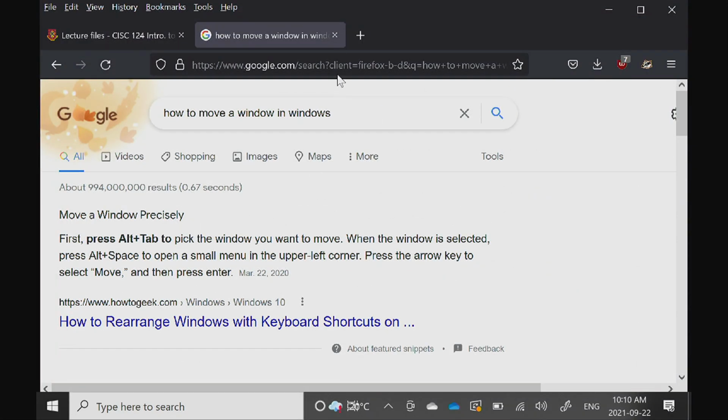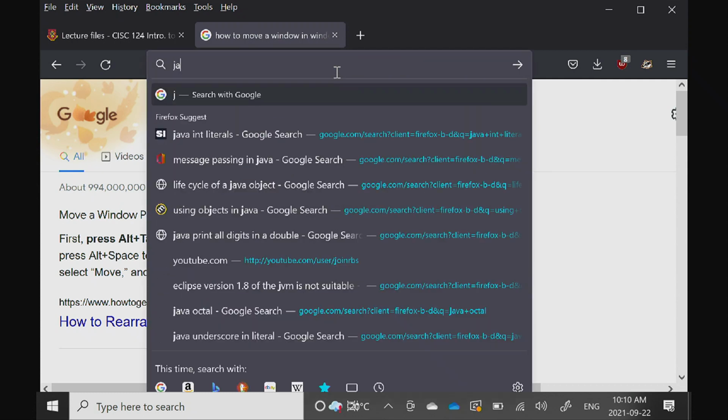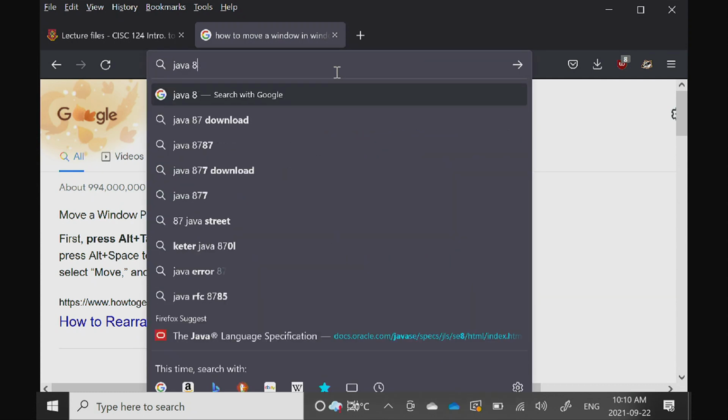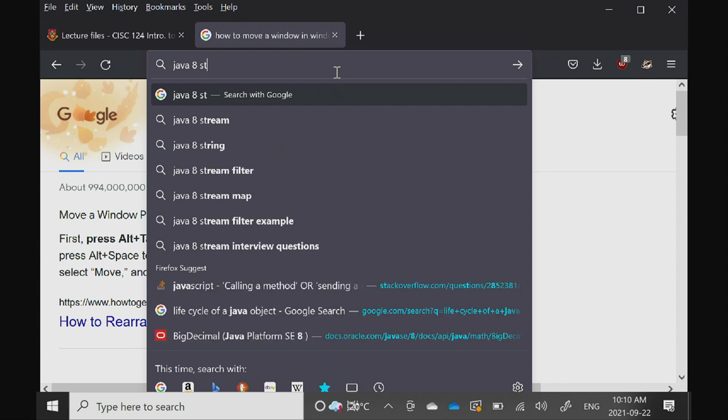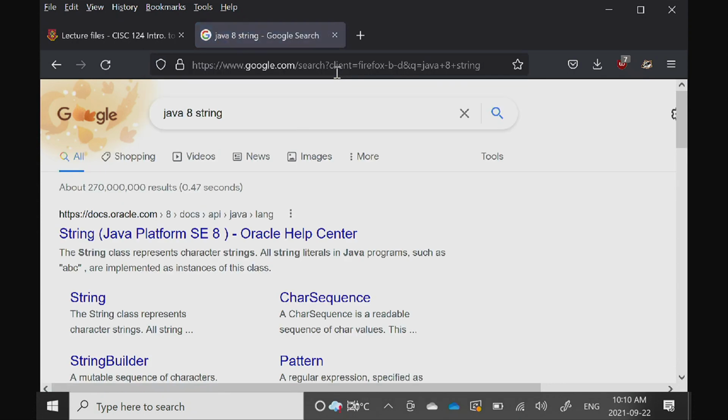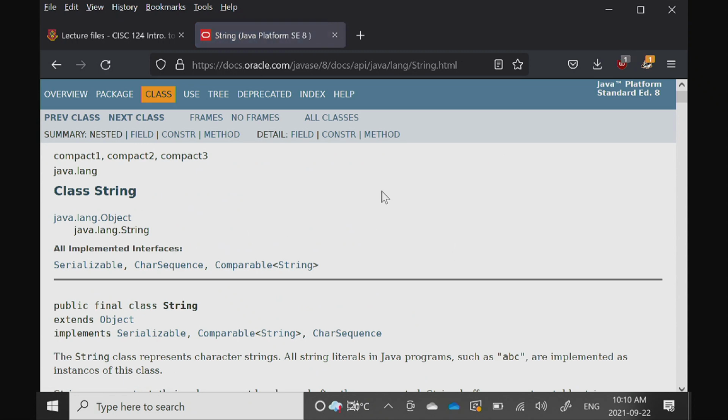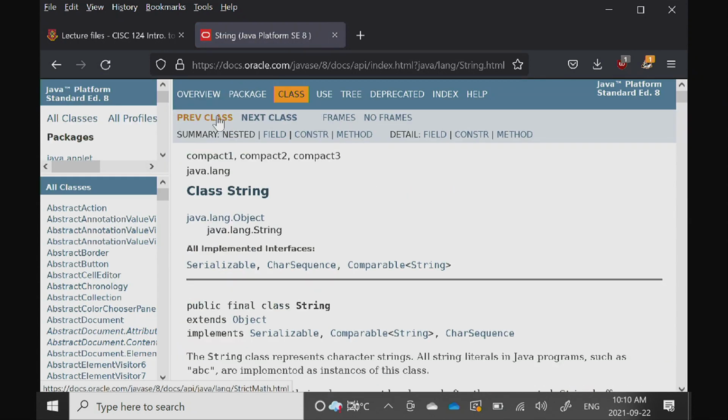Okay, so just give me a second here. So Java 8, and let's look up string. Notice the first link is actually the documentation for the string class. Let's see. One of these will give me what I want, frames, here we go. Okay, so if you turn on frames,